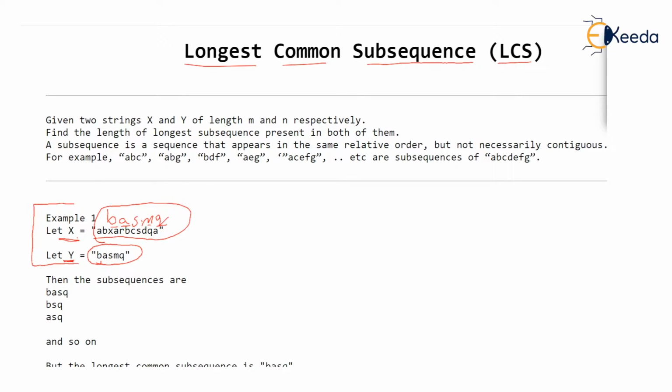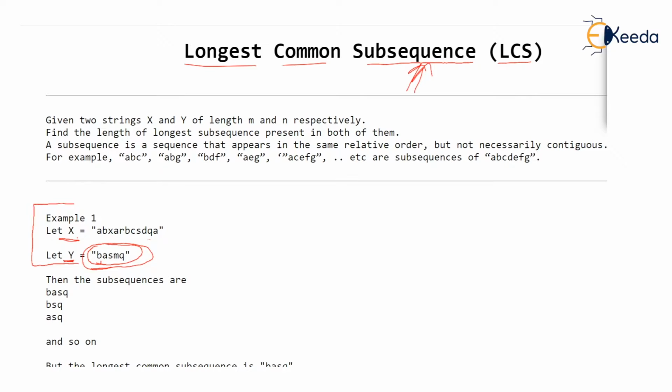Now, what do you mean by subsequence exactly? We want to search BASMQ, this string, but we want to find out a sequence from left to right where as many possible characters of y match x in the same direction from left to right, but they need not be in sequence, or rather one after the other.